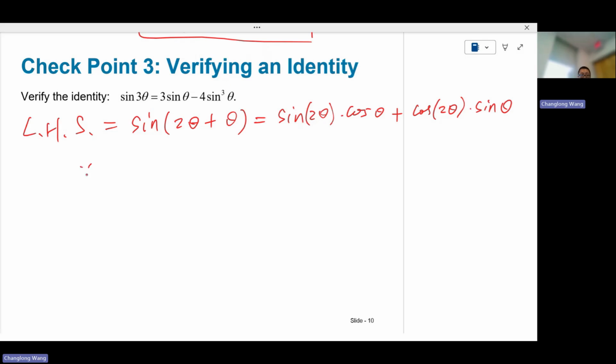So let's record sine 2 theta is 2 times sine theta cosine theta, right? So I'm going to replace sine 2 theta with those guys. Now cosine 2 theta,